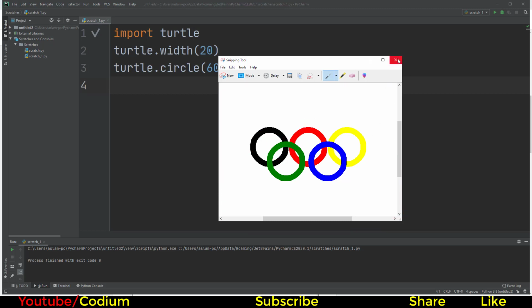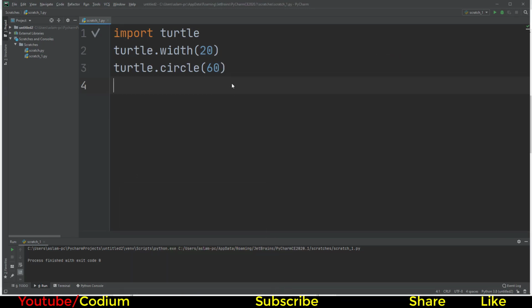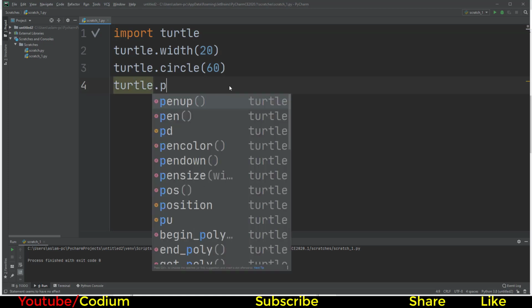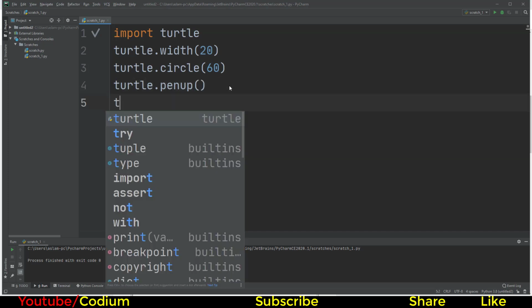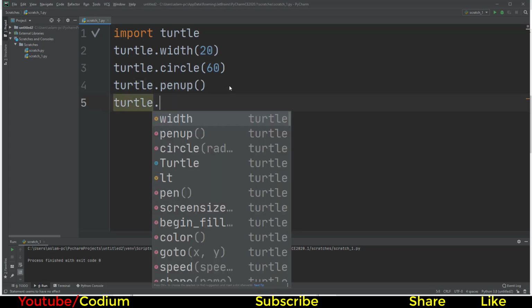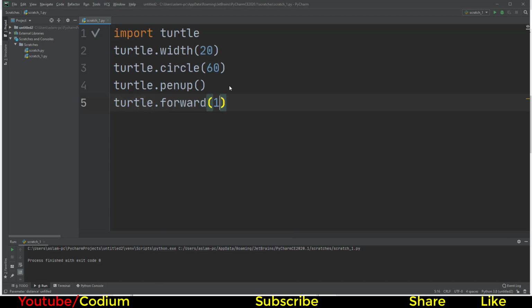Okay, after creating a circle, when it creates the next circle, the pen moves here and creates the next circle, but don't move like that. It moves without writing, so we write turtle dot penup. Now it moves without writing, so we move turtle dot forward 140 pixels.